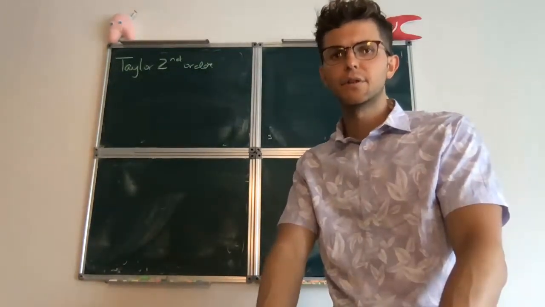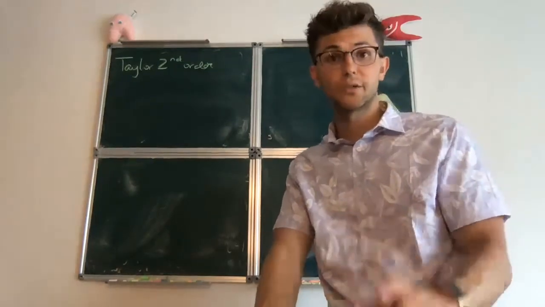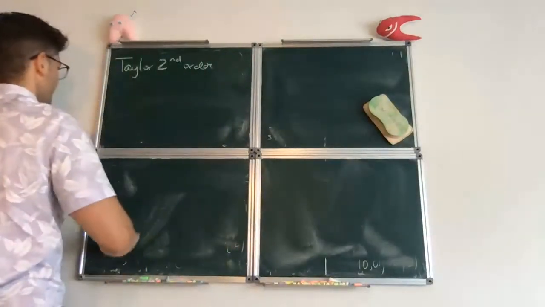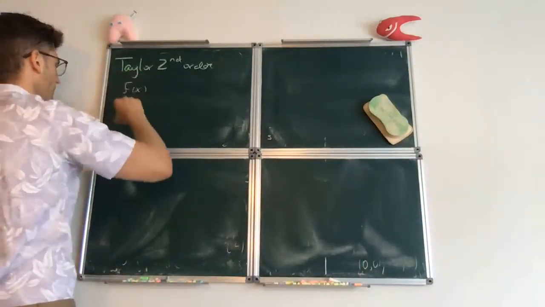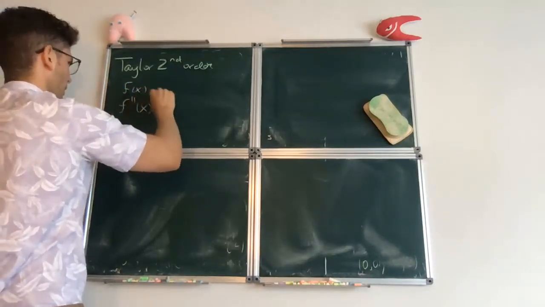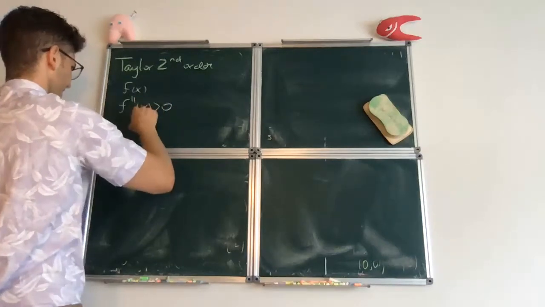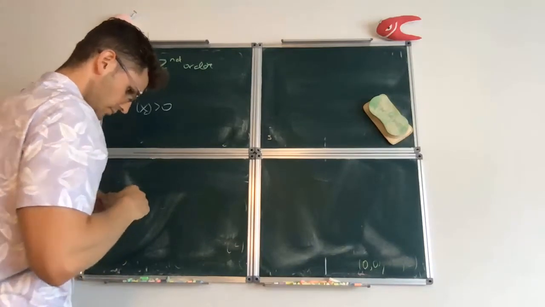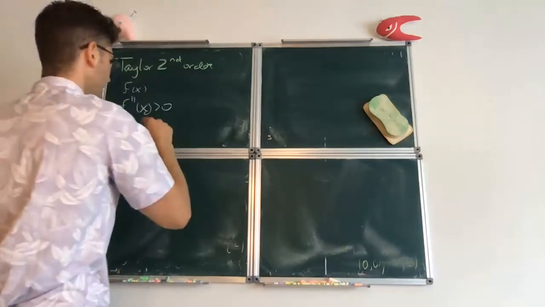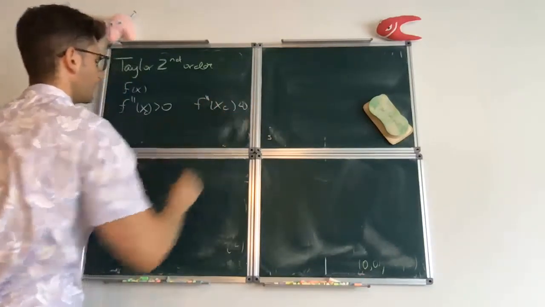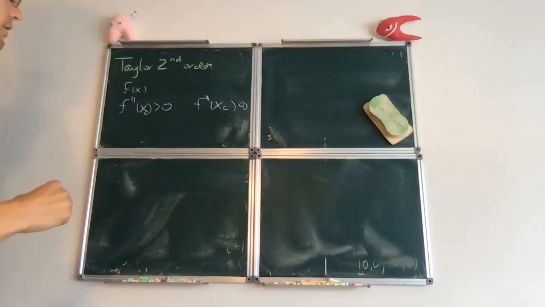What's more convenient for us is simply to look at the second derivative test. If you remember, the second derivative test for a function of one variable said that if you had a critical point, let's call it x sub c for critical, and the second derivative at the critical point was positive, then that meant that the function had to have a local min at that point, and if the second derivative was negative at that critical point, then that meant that the function had to have